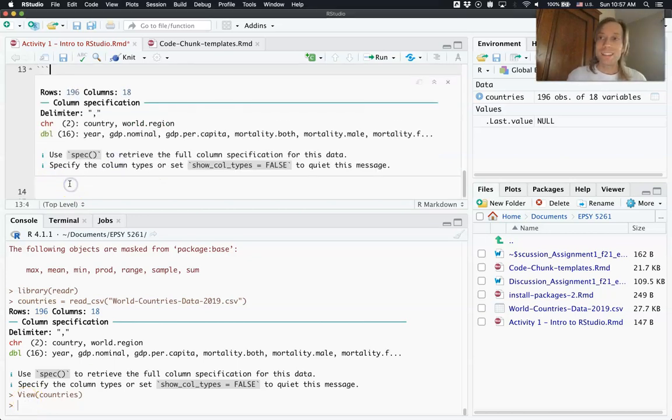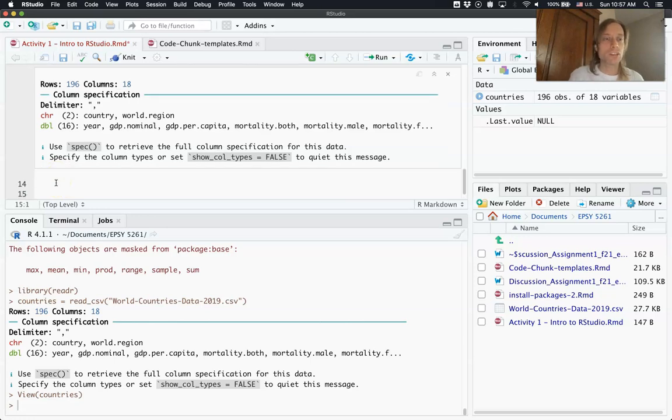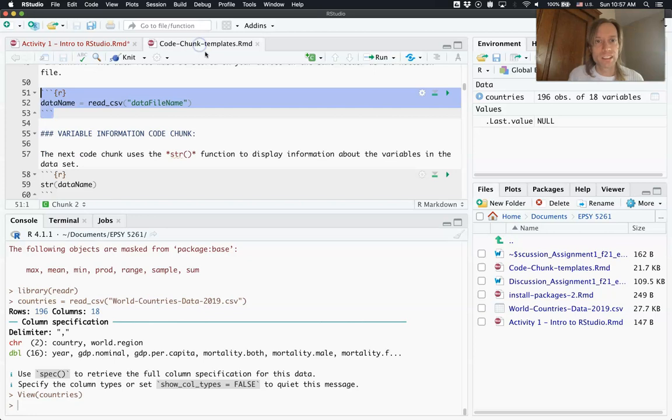All right, so let's calculate some statistics. Again, I'm going to insert a couple blank lines, and then I'm going to search for our next code chunk. Code chunk searches. You notice there's some other things we could do with this data, but I'm going to skip ahead to calculating the summary statistics,